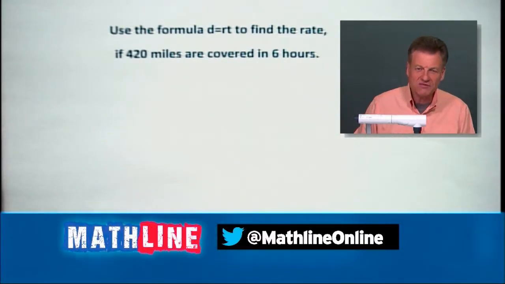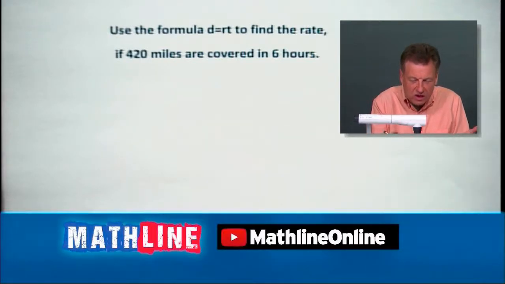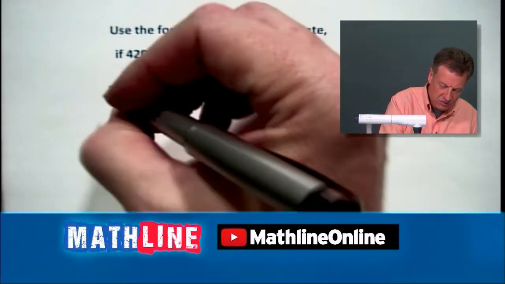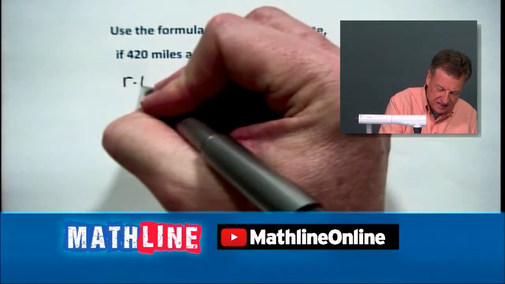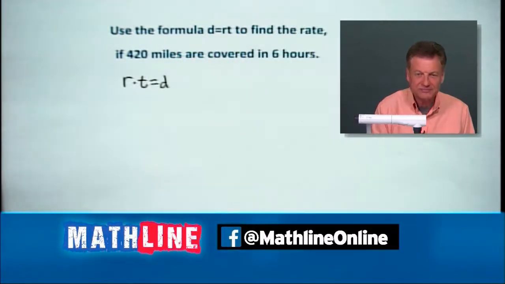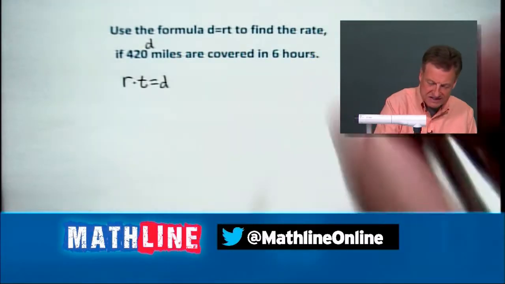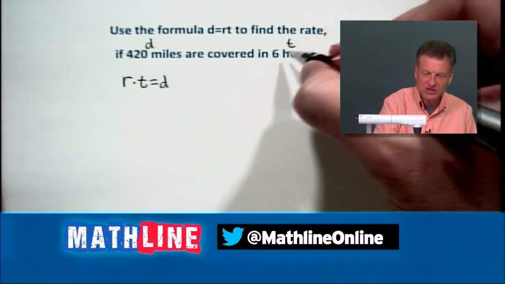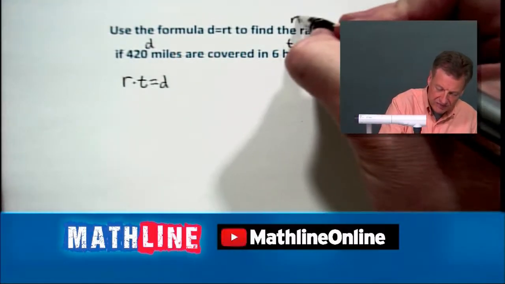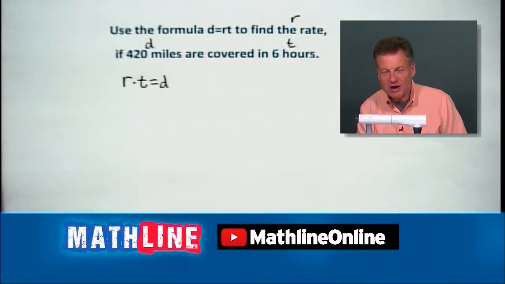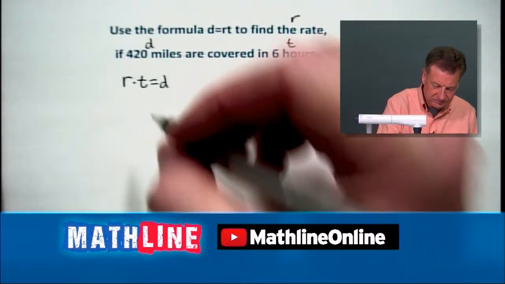It's going to vary. So we're looking for the average rate over this whole trip. And let's see what we've got. We've got R times T again, equaling that lovely D. We got D given to us, don't we? There it is, 420. Time, very good, 6. Rate, that's what we're looking for. So put the things in the formula, and we have